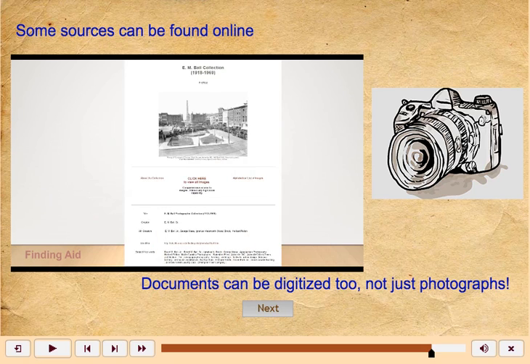Here's one example of a typical finding aid. This is actually the finding aid for the Ian Ball collection, at least the first part. And once you have a little bit of interactive experience, you'll get a little better feel for what finding aids look like. For our next step, to actually view what is in the collection online,